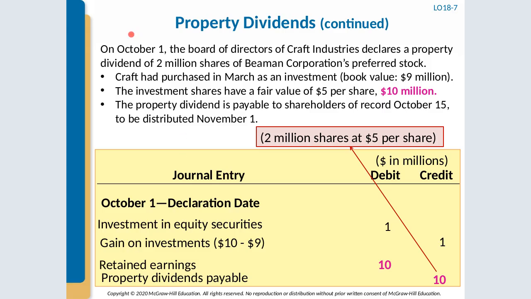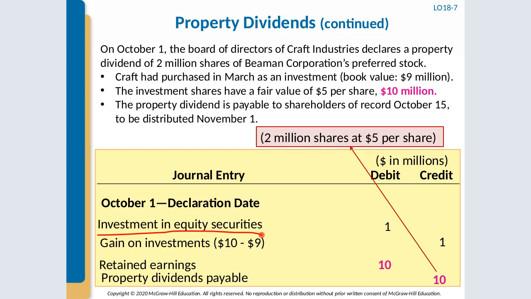So in this example, on October 1st, the Board of Directors of Kraft Industries declares a property dividend of 2 million shares of Beeman Corporation's preferred stock. Kraft had purchased these shares in March as an investment, book value of 9 million. So we, the corporation, are going to give the shareholders securities in another corporation. That's our asset, the property asset that we are distributing to